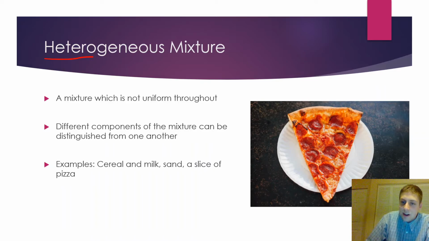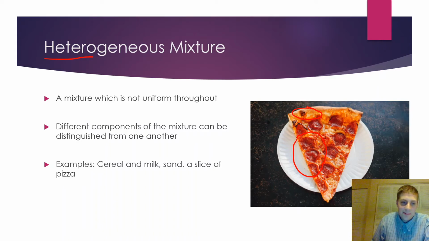So a cheese or a pepperoni pizza here is a mixture of pepperonis, cheese, tomato sauce, bread, etc., right? And I can easily distinguish that over here we've got a little bit of a pepperoni dense region, whereas up here there are not as many pepperonis. I can distinguish the components of this mixture very easily. I can pick out and point out the individual pepperonis and where the cheese stops and ends, right?